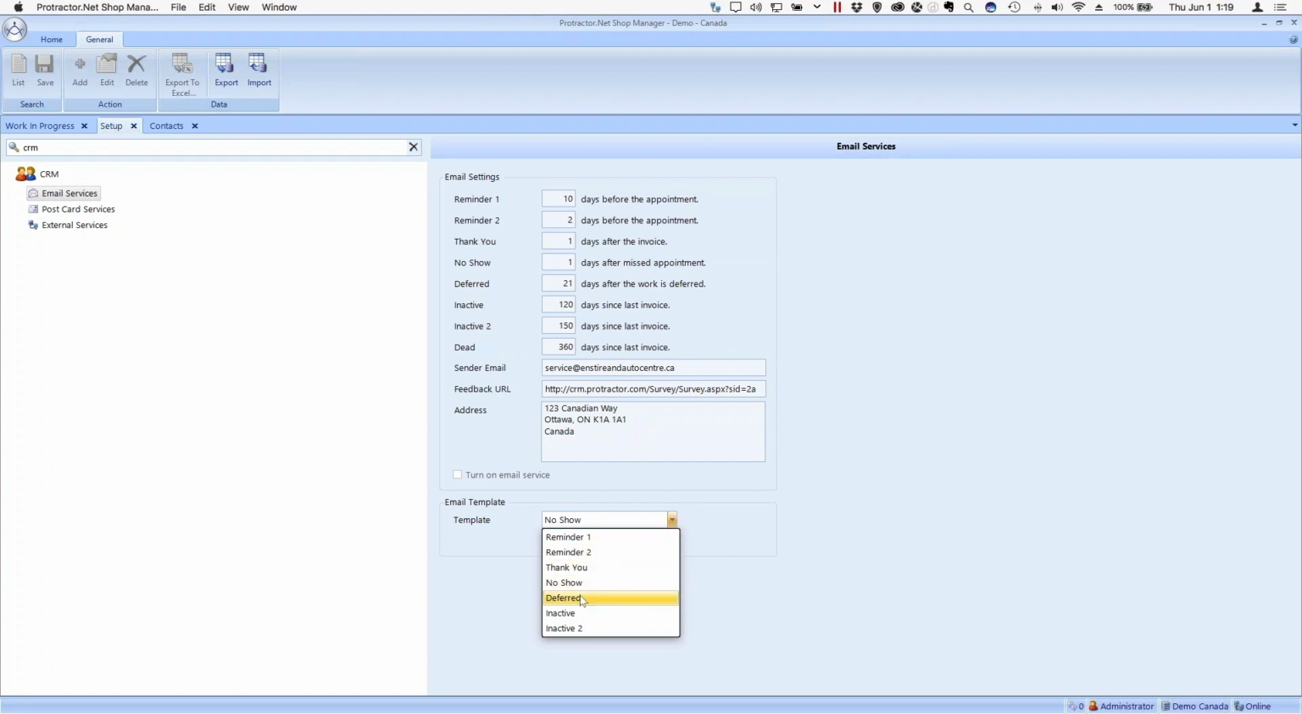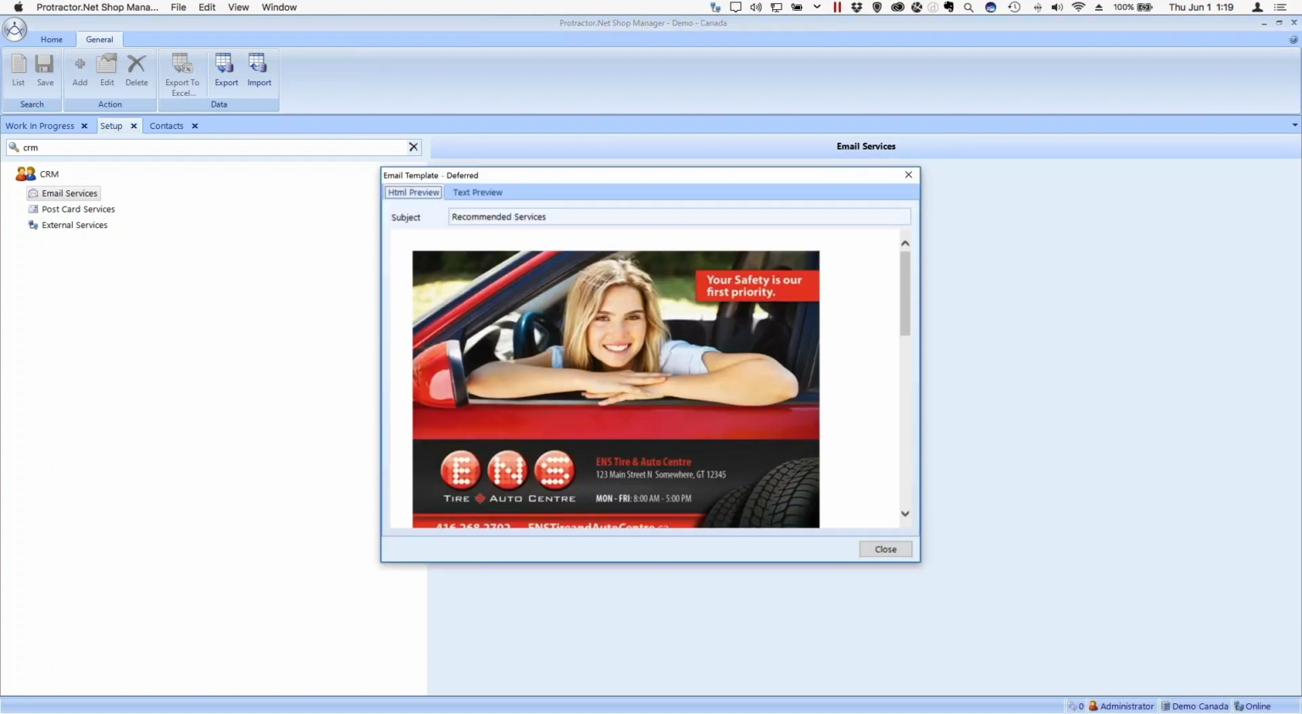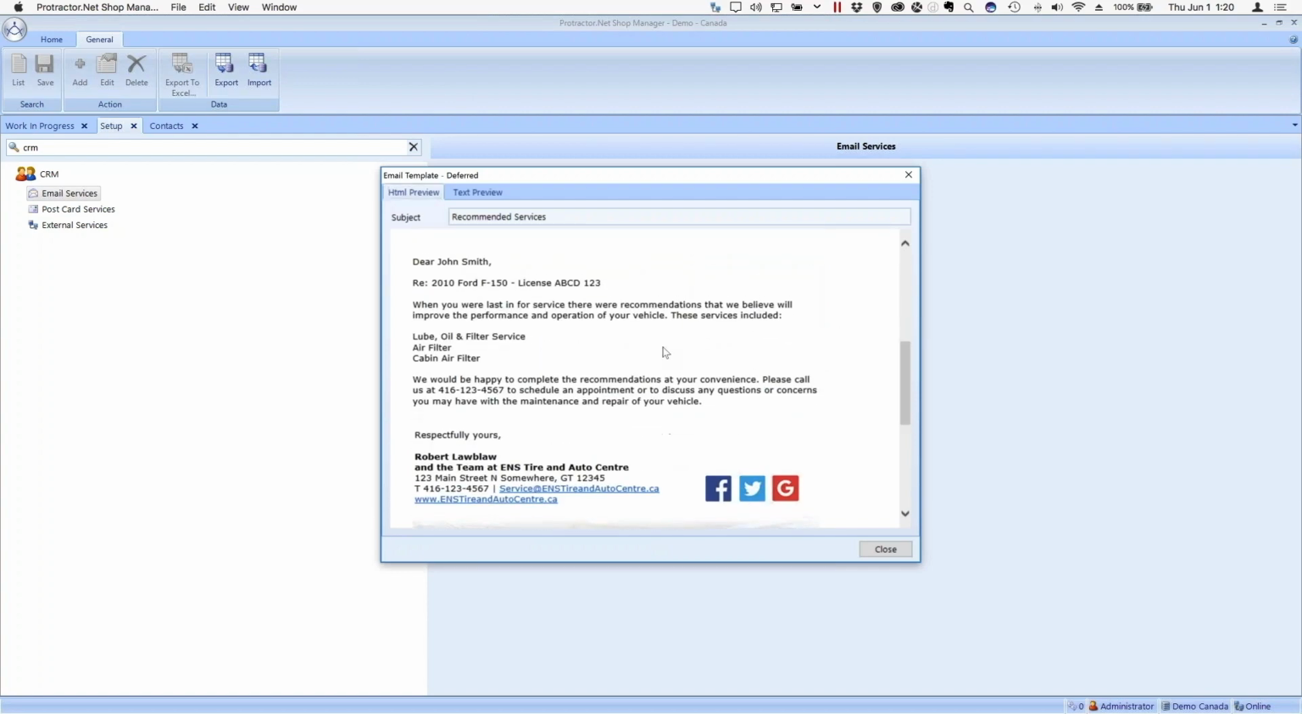So here under deferred work, if I just bring up a sample here, so your priorities are, your safety is our first priority. When you were last in for service, there were recommendations that we believe will improve the performance and operation of your vehicle. These services included, and we can list the top 3, top 5, or on email exclusively, we can do the entire list if you like. And again, what we're asking here is the customer to